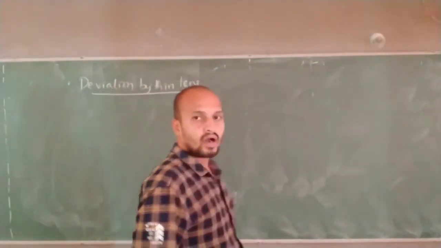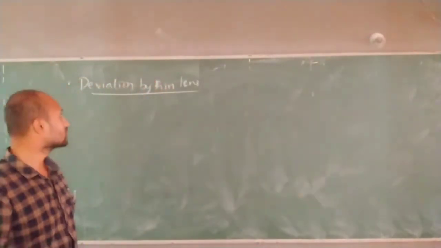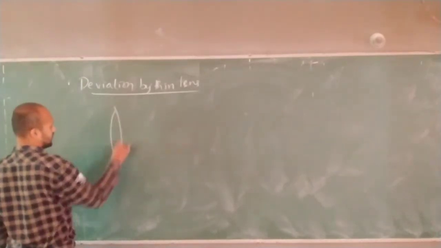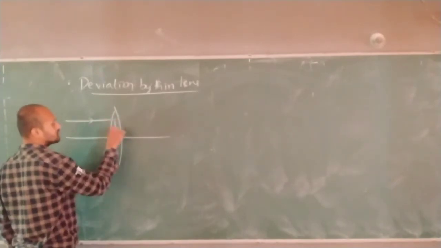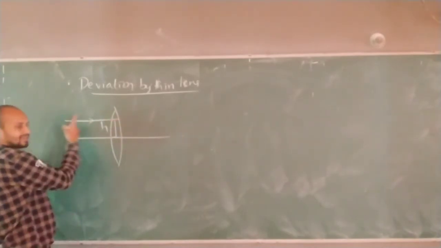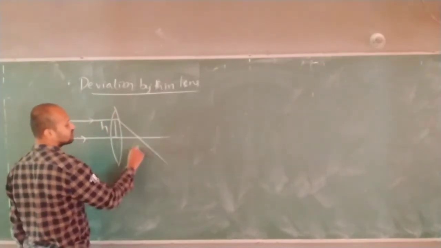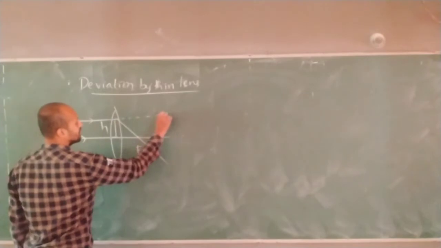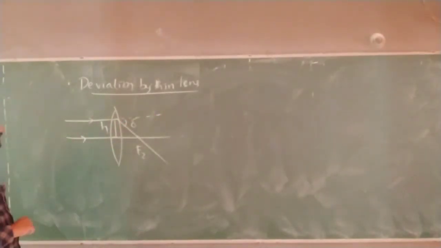See guys, I almost forgot to tell you deviation by thin lenses. So I am taking it, it is useful for us. Okay. So what is deviation by thin lenses means? If I take one convex lens, imagine one ray is coming such that it is taking a height of h. Object light is coming from infinity. Now after passing through this lens, it has to pass through focus point. If I extend this line, this angle I call it as deviation. Are you understanding? This angle I call it as deviation.